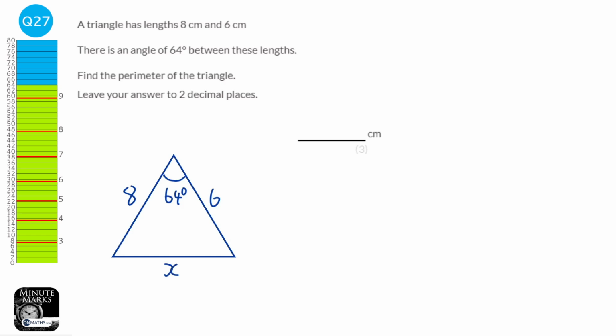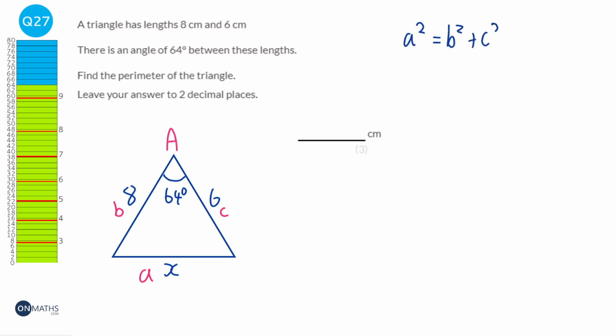Now we're going to be using the cosine formula. So the cosine formula involves angle A, so we're going to label the angle A. And the side opposite the one we label as A is going to be little a. And then little b and little c, it doesn't matter which way around you do them. So we're going to write down the cosine formula. It's a squared equals b squared plus c squared minus